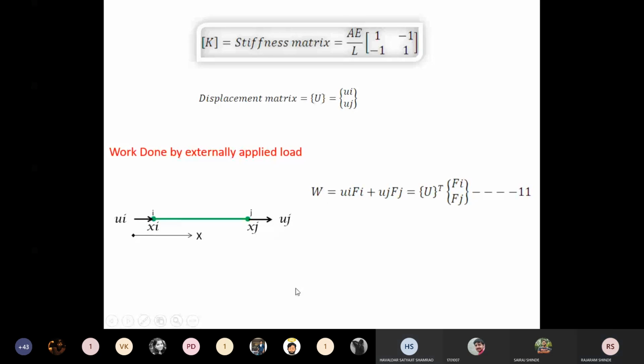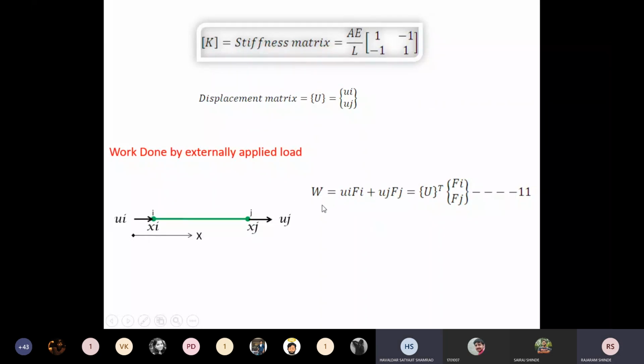Sir, the U transpose, is it a row matrix or a column matrix, how do we identify it? Yes, I will explain. U matrix is a standard matrix. You can see here, I have written here the discussed matrix U. It is actually a column matrix. Okay, I agree with this. But sir, when we take the transpose of that, it becomes a row matrix. Okay, it is a standard one. Here U matrix is always column matrix, and force matrix is also always column matrix. Okay, and stiffness matrix is always square matrix. You have to remember this thing.